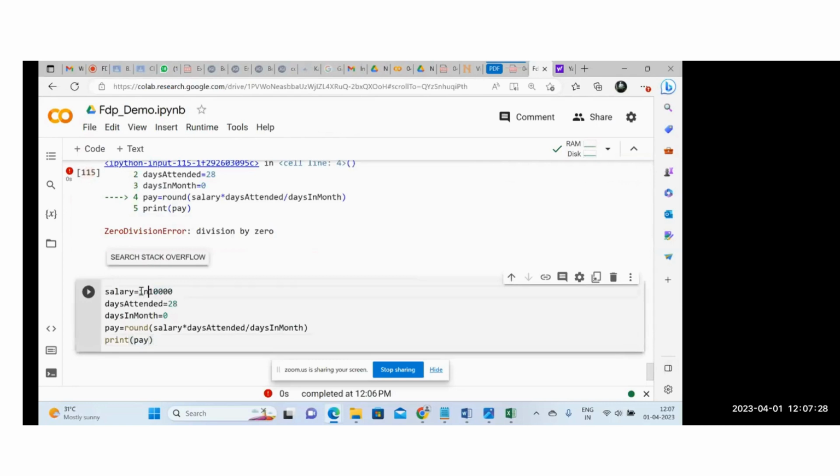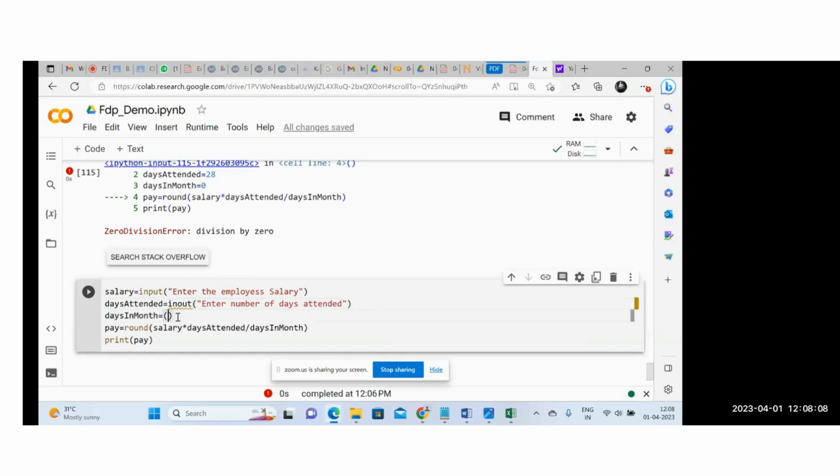So here I'm writing input, enter the employee salary, then input, enter number of days attended,